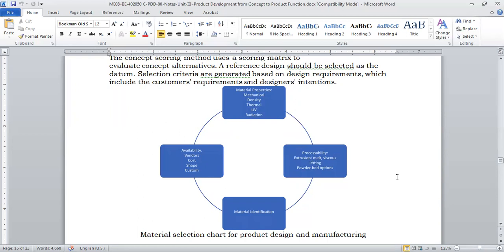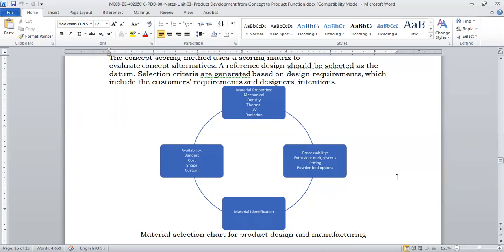Now processability: how we can process that material, whether we can extrude it using the extrusion process, melt it, viscous jetting, powder bed options. How we can process that material and do manufacturing from there is another important aspect. Then material identification is an important aspect.